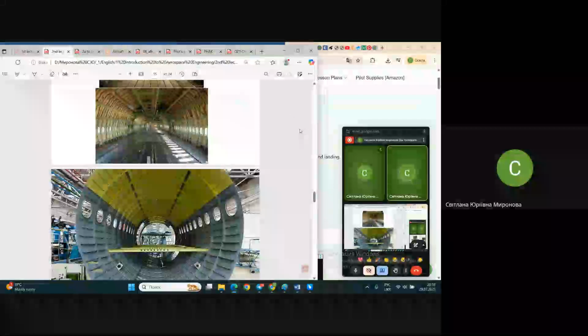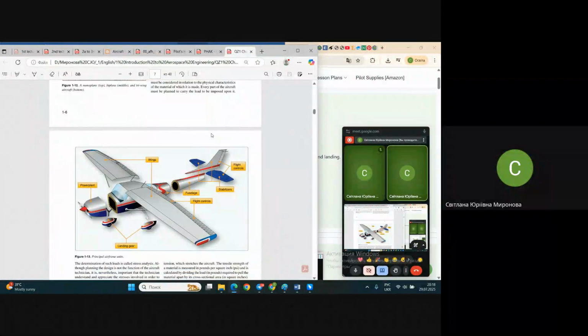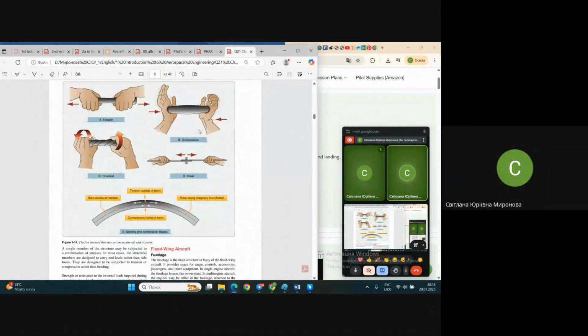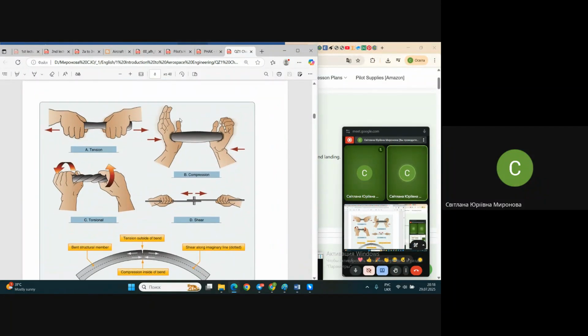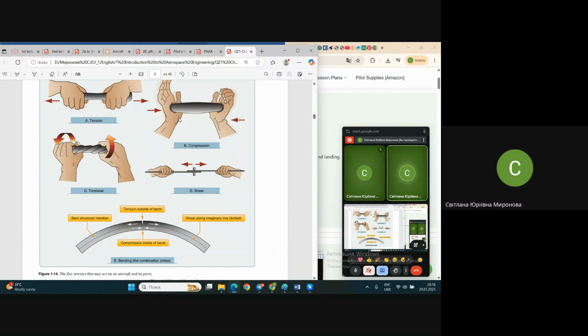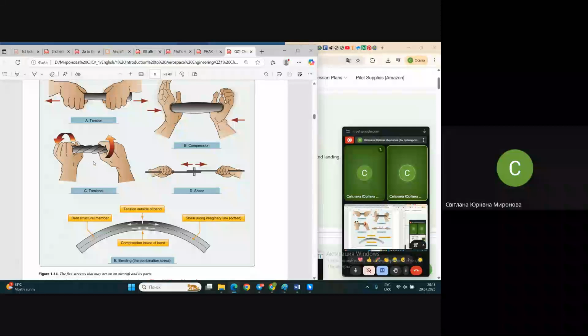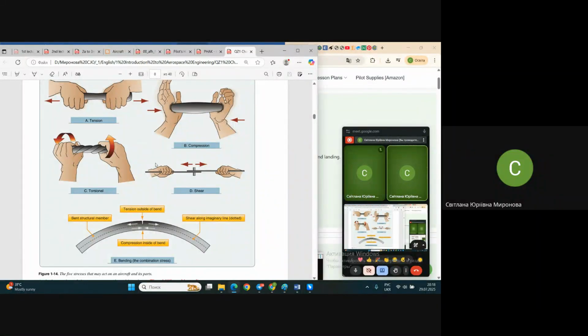What sort of stresses and deformation might there be? This picture brightly illustrates the main types of loads and response of structures. It might be tension, when we pull aside the structure, compression, torsion, and shear. Shear is